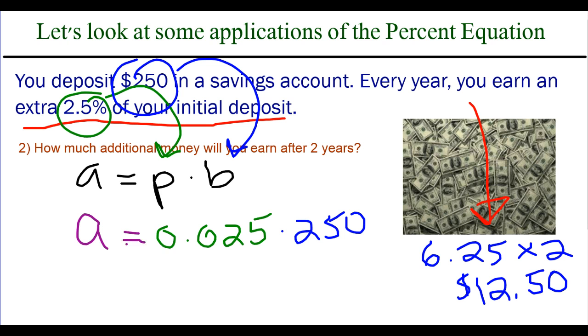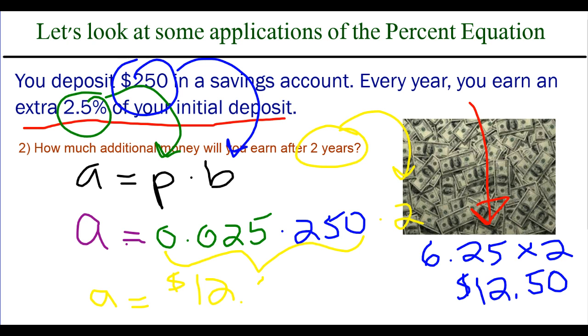Now this is what we get for 1 year. So if this happens every year, then one of the ways we can adjust for 2 years is to say, okay, well if this is 1 year, let's just multiply that whole thing by 2. And if we find out our 1 year's total and we multiply it by 2, we should have our 2 years total. And in this case, if you multiplied that all out, you would get, in fact, that you would earn